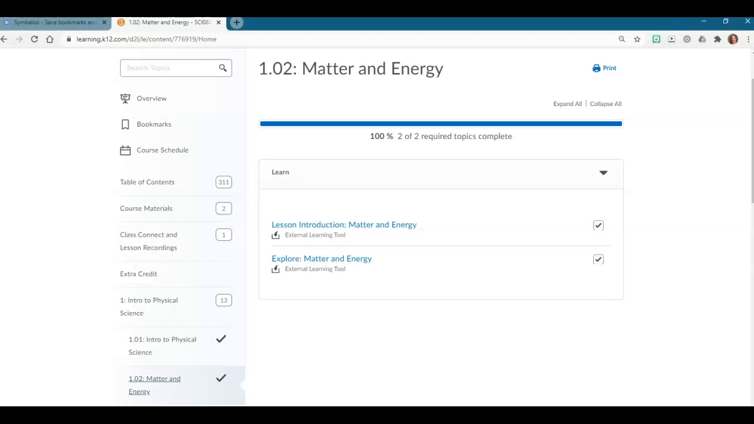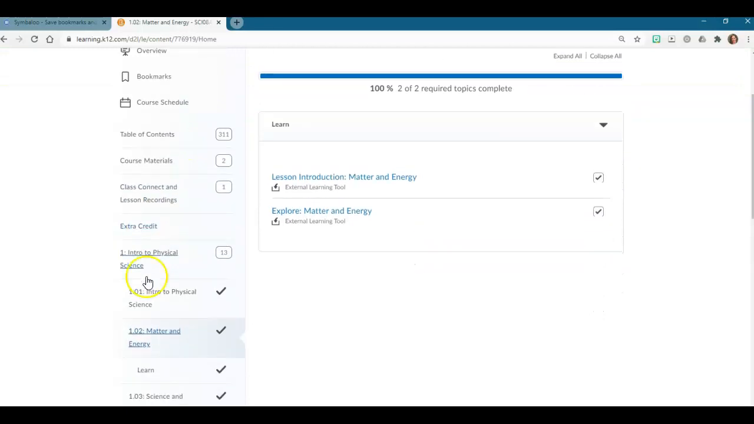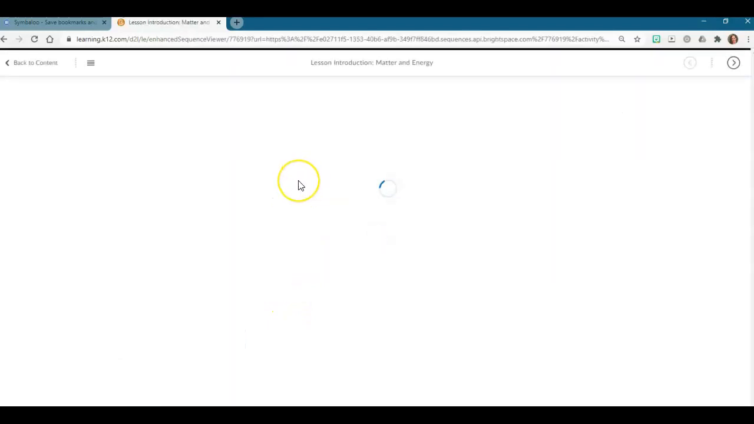So as we get started today in matter and energy, just a reminder, you can access all your lessons from the content portion on your science homepage. Scroll down on the left-hand side, and today we're looking at matter and energy. So as we jump into the introduction,